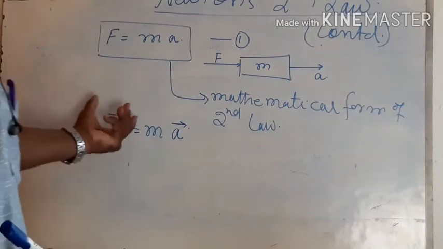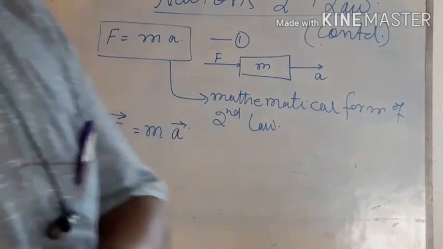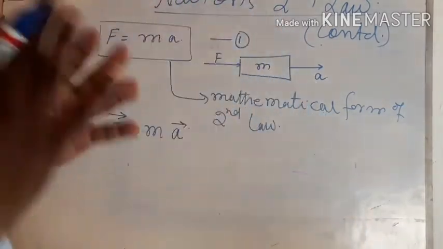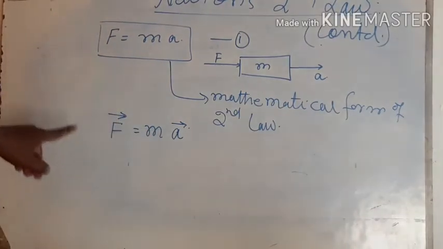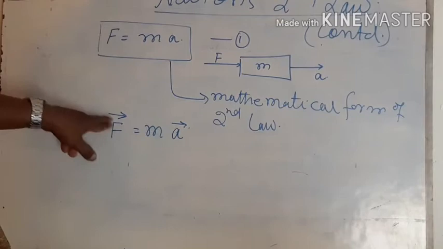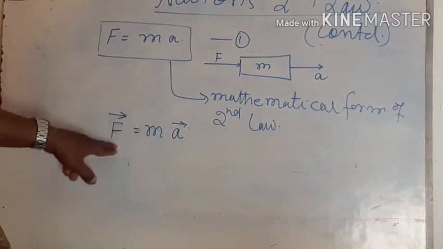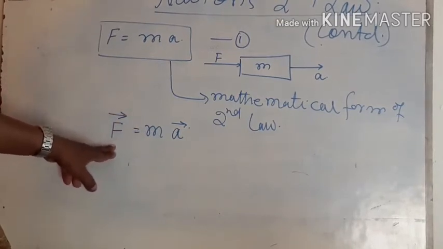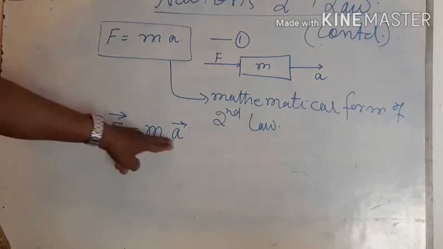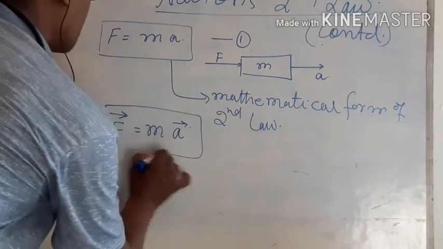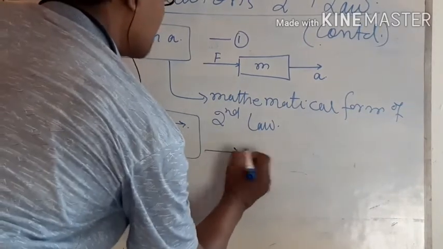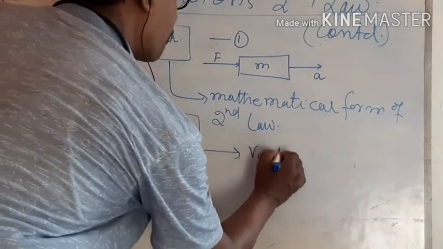So this arrowhead implies that the particular quantity is a vector quantity. So here F has an arrowhead, so F is a vector quantity, you already know, and acceleration is also a vector quantity. So this mathematical form is called the vector form